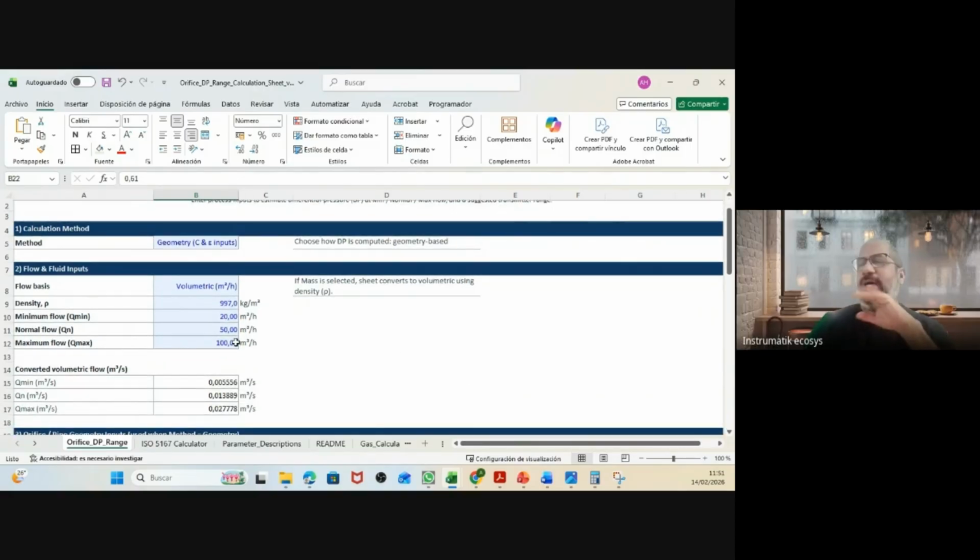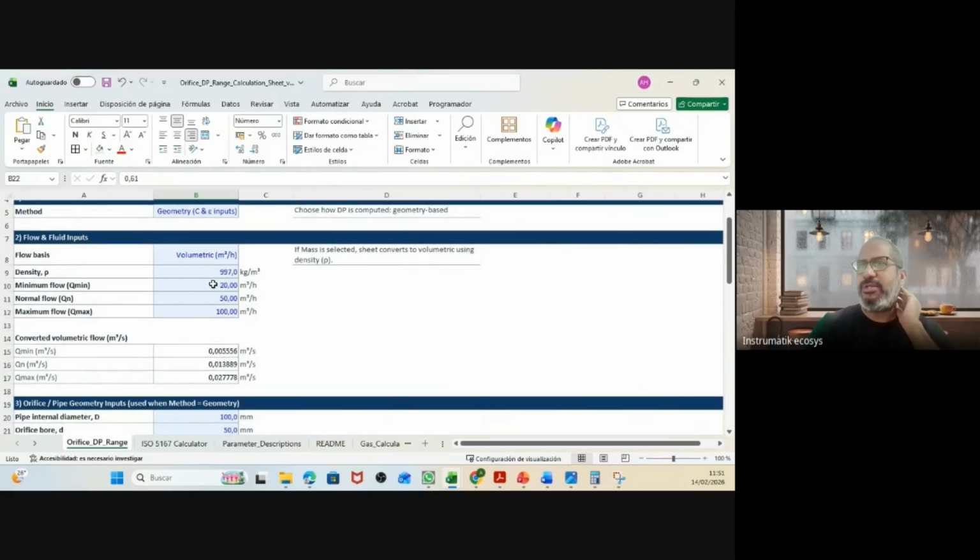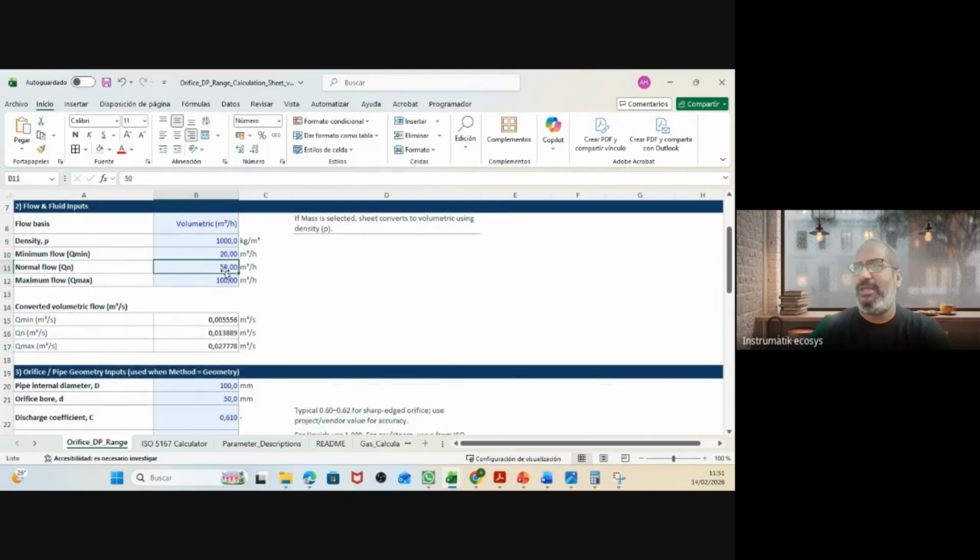Here, when you have this calculation template, you just have to come here and type, for example, 1,000 kilograms. This is the density, minimum flow, the flow that you are given by the client. They give you this information. Minimum flow, normal flow, which is an intermediate value, and maximum flow. Then this template itself, when you enter these values,